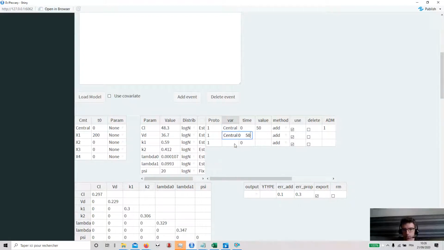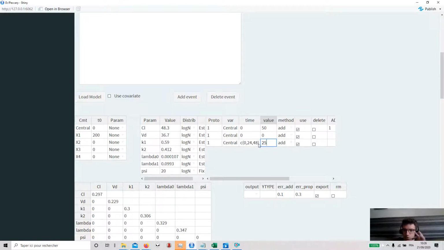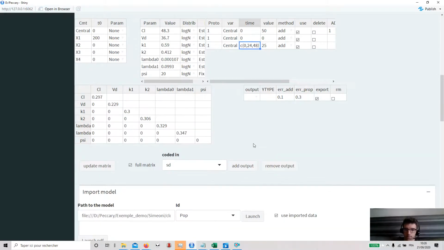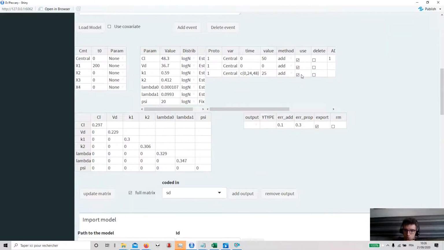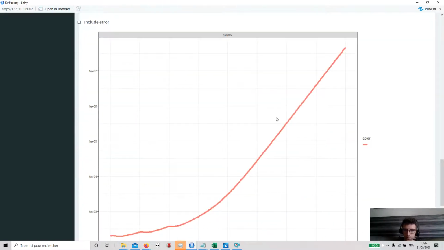So here, for instance, what happens if we don't have any administrations, and here we will try something a little bit different. We will try to inject at time 0, time 24, and time 88 a dose of 25 milligrams. Here it has to be also an R code returning a vector of numerics. And if you do that, you have to click on use, and if you do that,